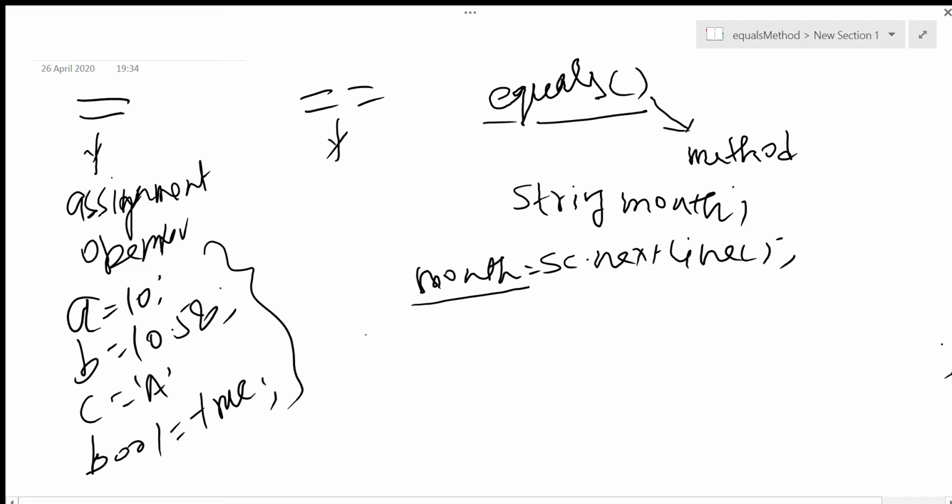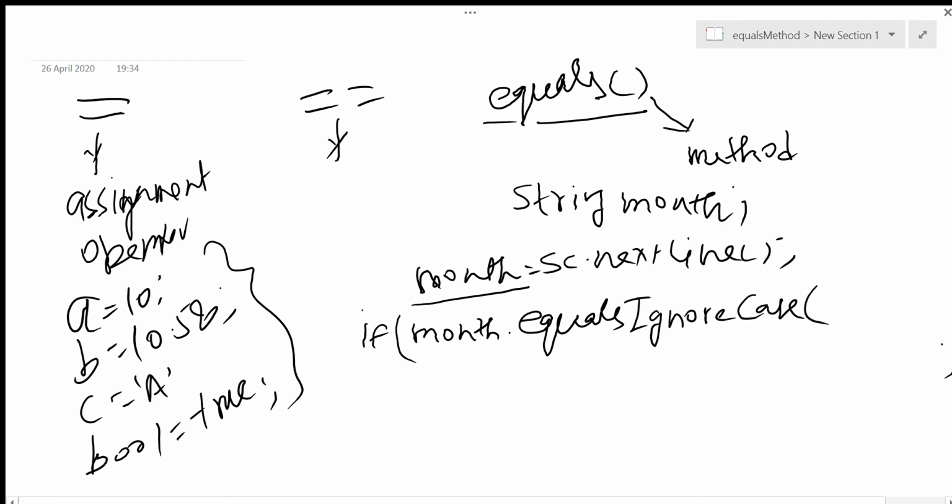So how do we do it? I'll say if month dot equalsIgnoreCase, and then I write here, in anything, I can write small, capital, whatever I want. So whether you input it in capital, small, or a combination of capital and small letters, ignore case will ignore it.